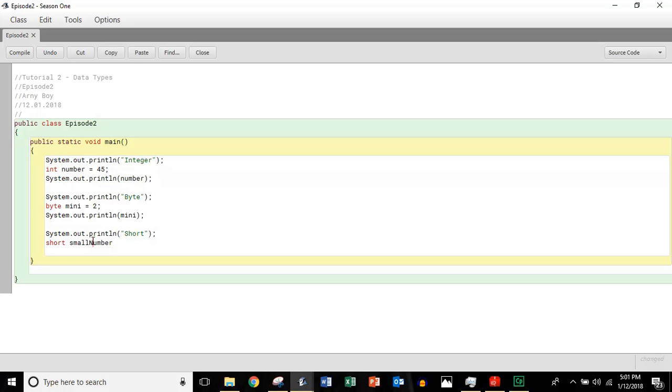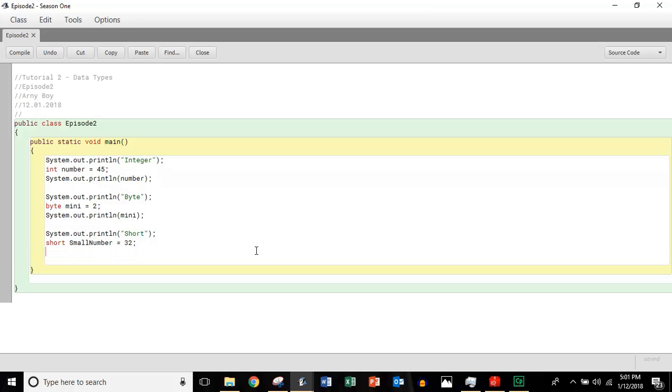If I make this, you don't really understand it as much as this, and it would be even better to do this. Now it looks very professional and people will love to read your code. This again has a pretty small range, but not as small. Byte only has a very small range. This can do about 1000. So let's go 332. Of course, now let's print it. System.out.println